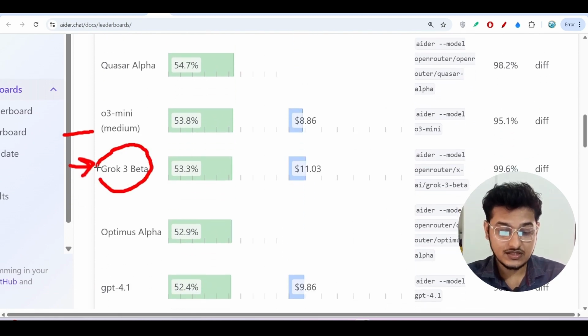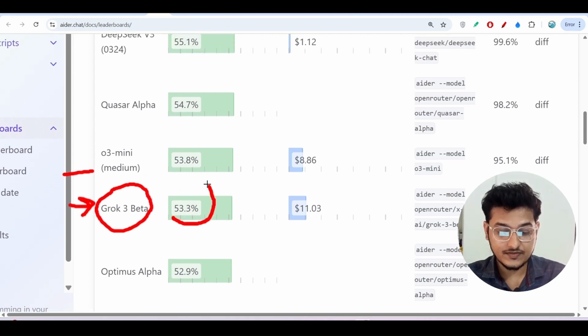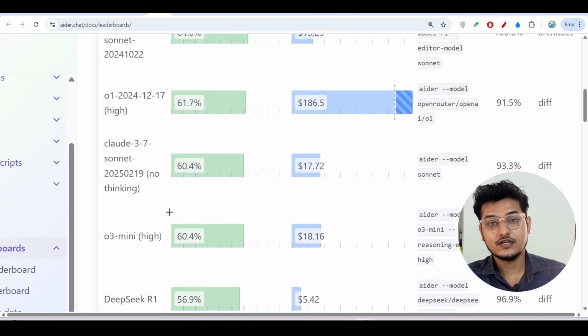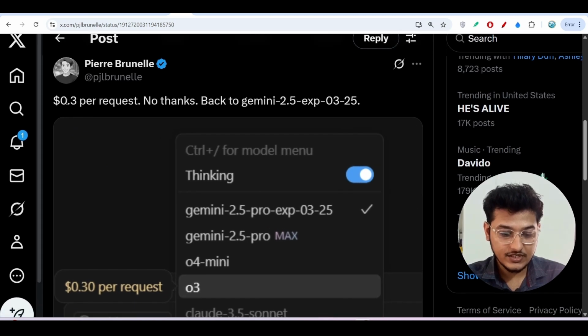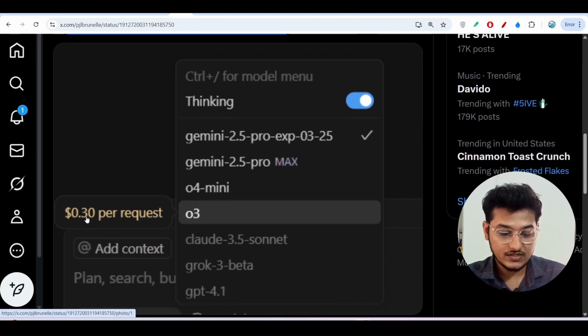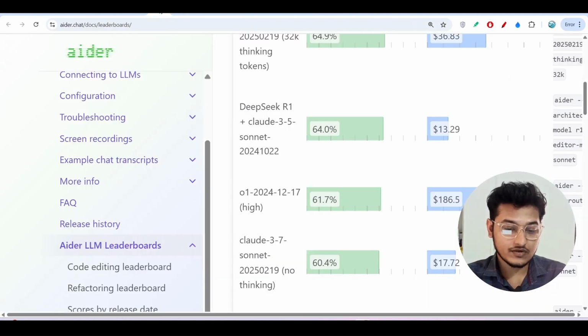But here you see that Grok 3's accuracy is 53.3%, yet Grok 3 was actually better at solving that problem. Here one person posted on Twitter, "$0.3 per request, no thanks, back to Gemini 2.5 experimental." So it is $0.3 per request for O3. That is why I was saying that to get the extra 6% accuracy,